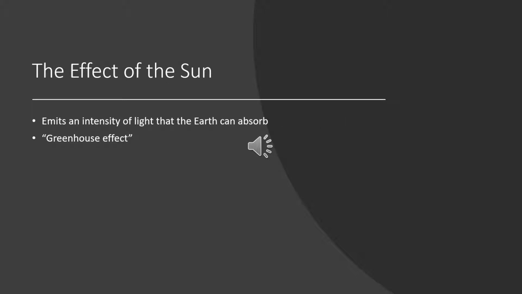The Sun emits an intensity of light that's around 10 million times that of Earth. The Earth, being so far away, only absorbs a tiny fraction of this light, but the Earth also radiates the energy absorbed during the day back into space at night, but it isn't radiating visible light. The other main difference is the